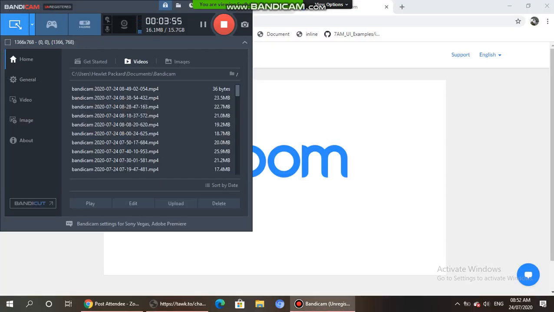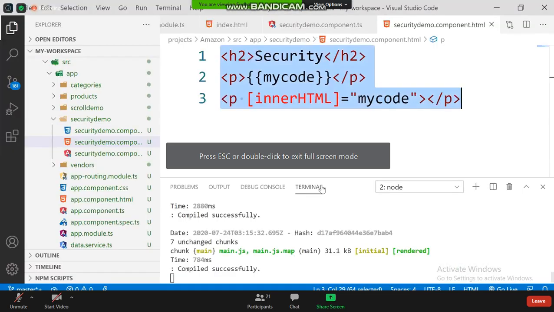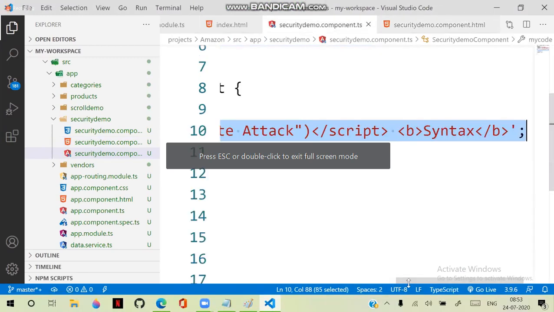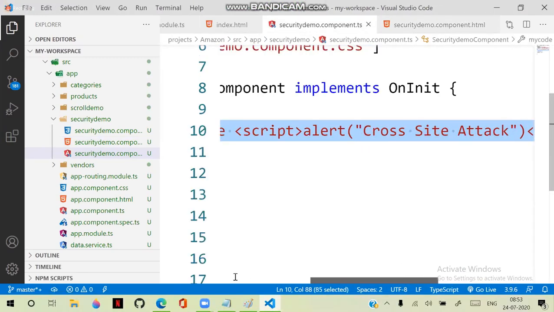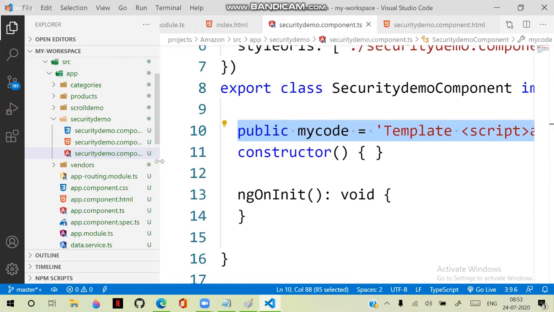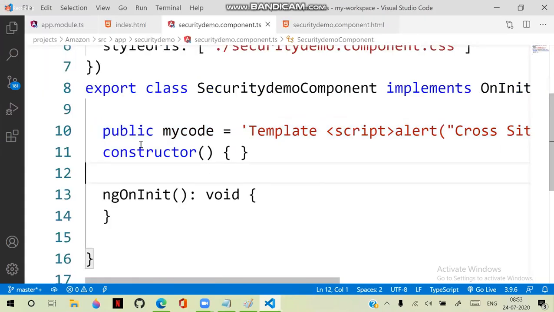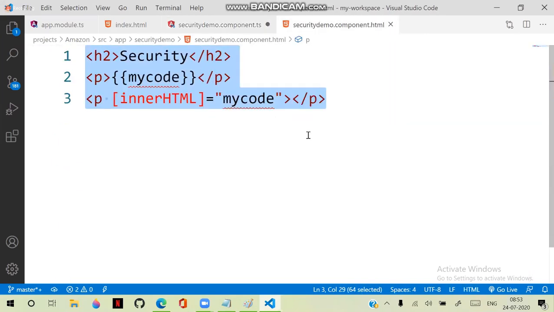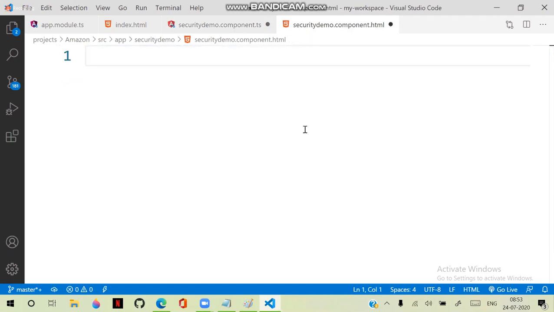One simple example for this: in the TypeScript file here, in order to implement specific functionality, I am defining a simple URL.